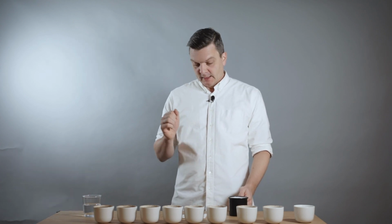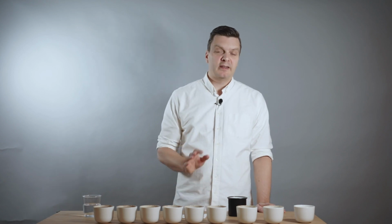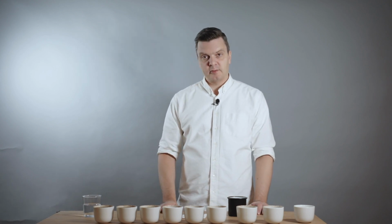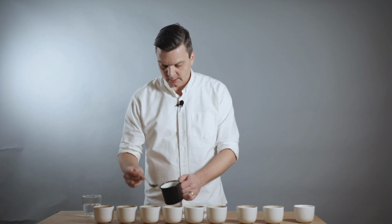Cool. Now the fourth coffee is also from the Caballero family, but we haven't sent this out before. We only have 60 kilos of it, and it's an Ethiopian variety. We don't really know what Ethiopian variety it is, but Moises just calls it Ethiopia, which is Ethiopian. And this is